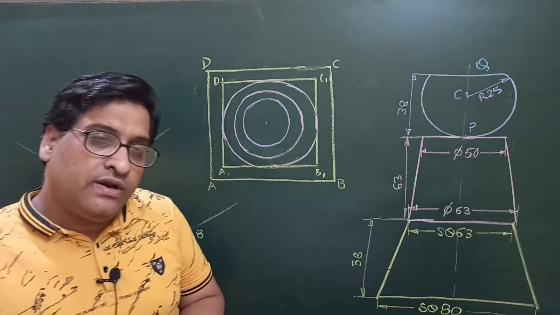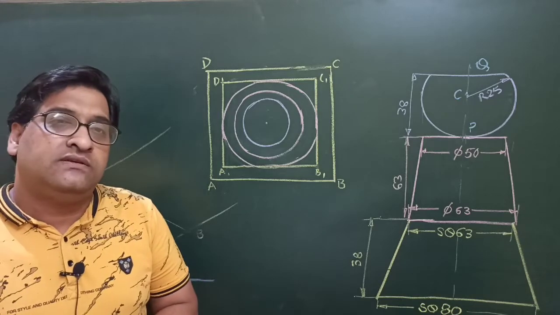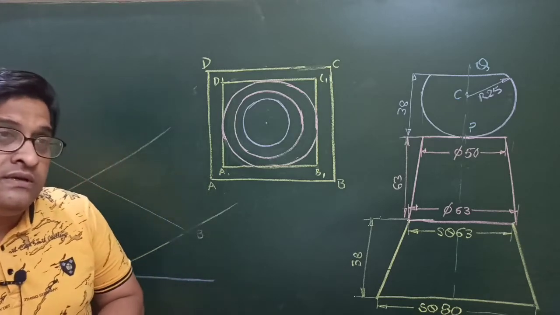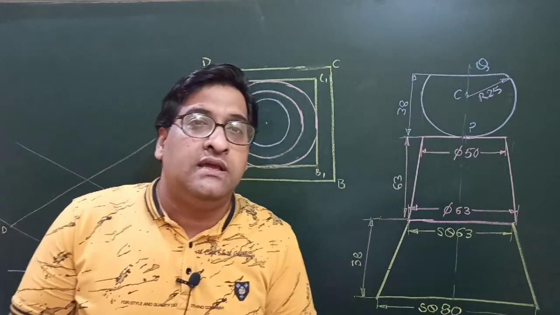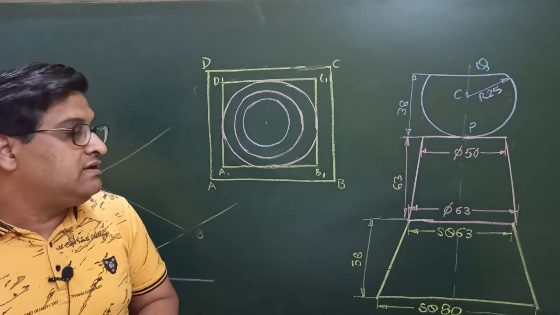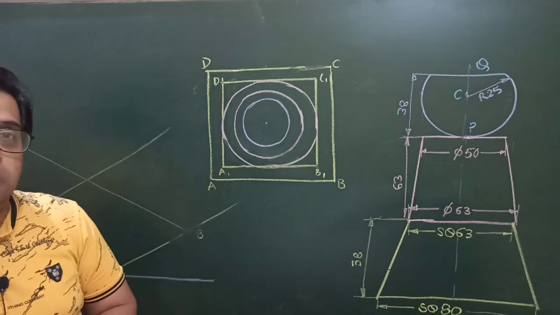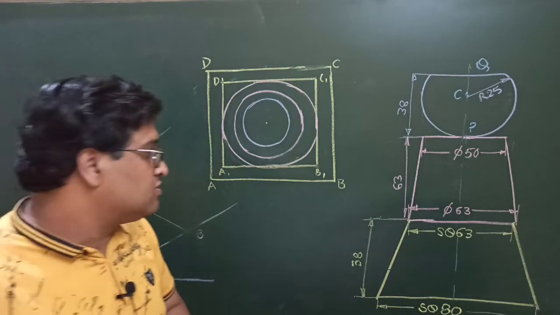As we already talked in our previous video, irrespective of whether it is written drawing, view or projection, when spherical parts are there, you have to draw isometric projection. That we have already discussed in the previous videos. I will provide links of those videos in the description section of this video also.